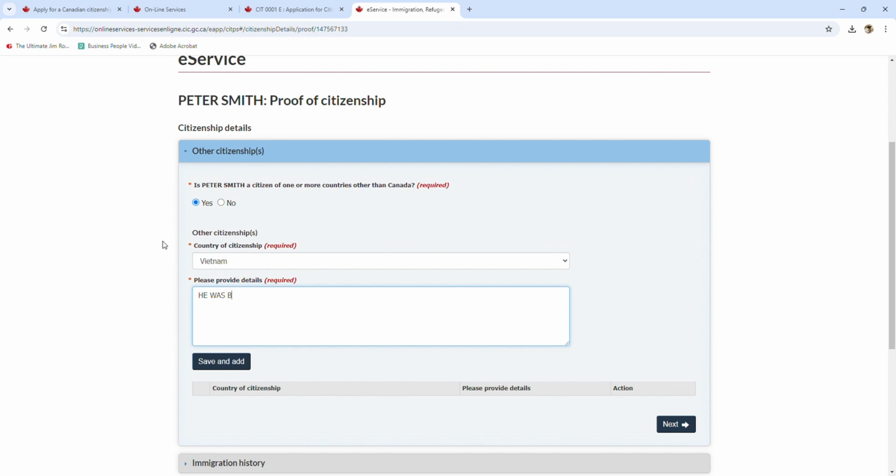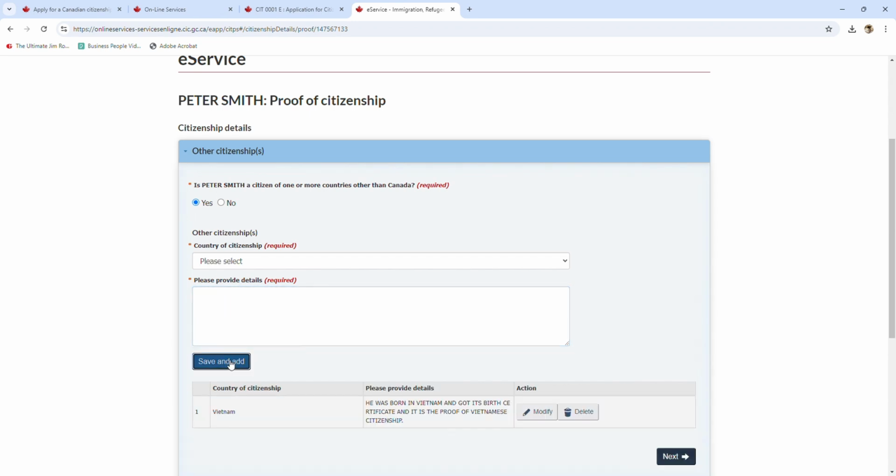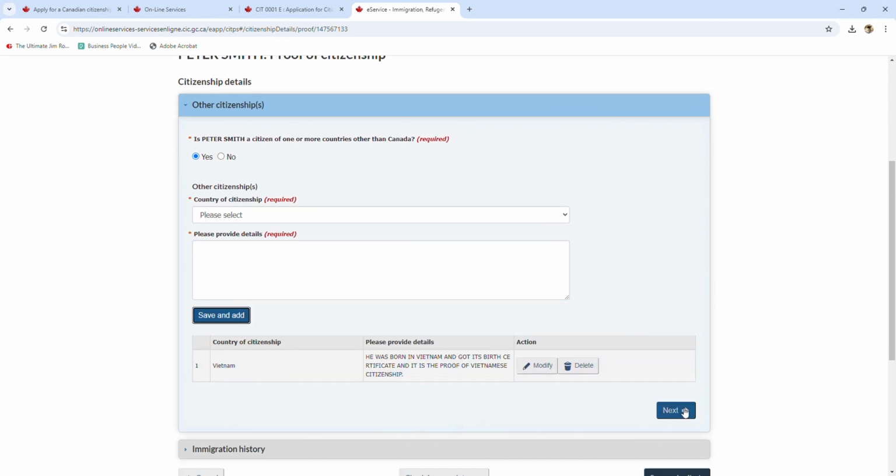He was born in Vietnam and got his birth certificate, and it is the proof of Vietnamese citizenship. Okay, and then save and add in here, and then next,